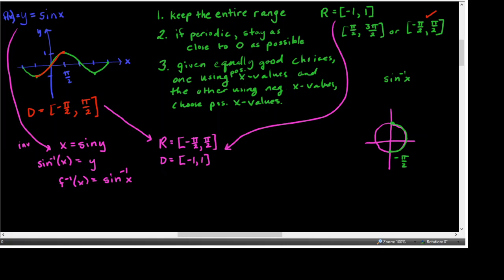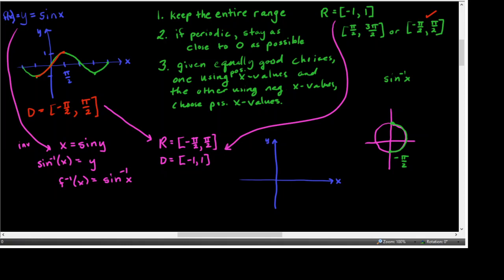So if I ask you what's the sine inverse of 1/2, the answer has to be an angle between negative pi over 2 and positive pi over 2. Right? So we're only getting answers there. Now the other thing, the other ramification of interchanging the x's and y's is that if I were to graph the inverse function,